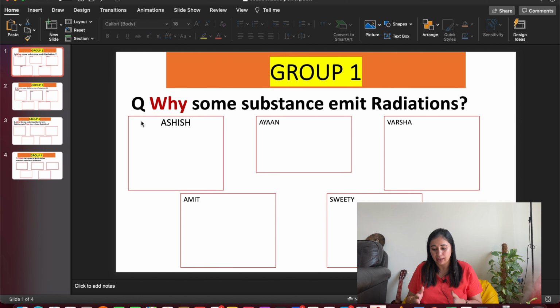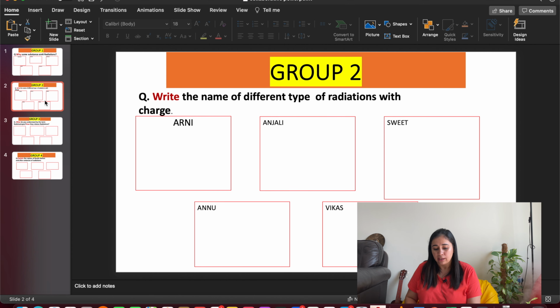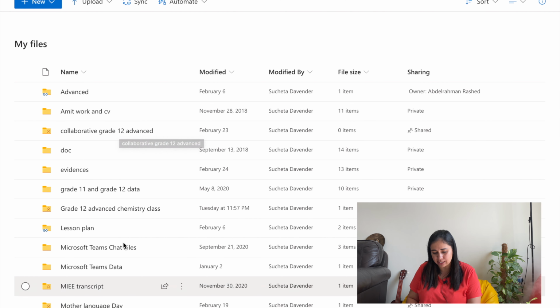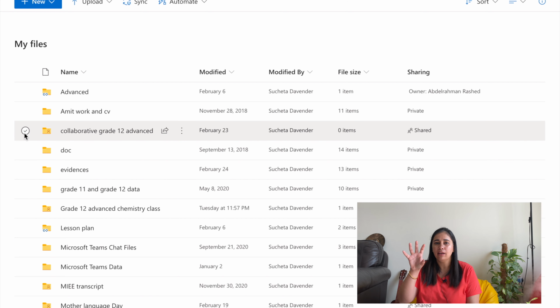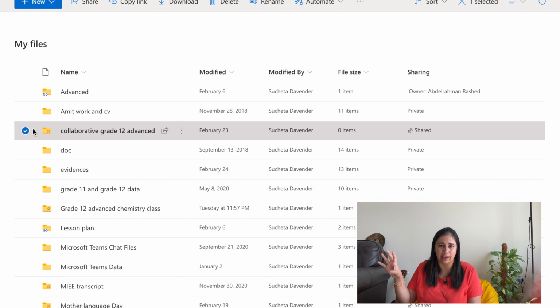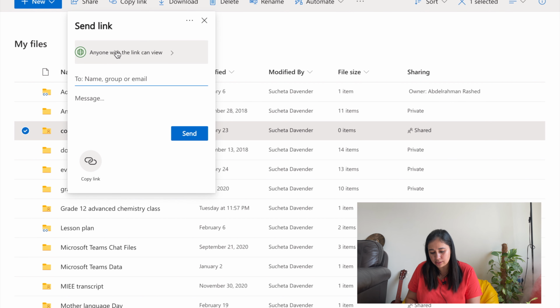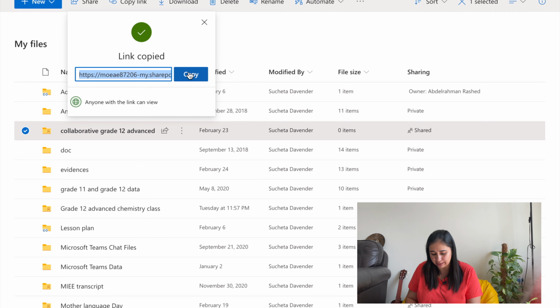I've prepared a PowerPoint. Now you need to save the PowerPoint somewhere. For example, I have saved it in my folder online. You need to have a space online in your drive, so you can just go and check on the internet how to get an online drive. You save your PowerPoint in the online drive. Now you go to the share option and set it so that anyone with the link can use this, and then you copy the link. You need to share this OneDrive link with your students.